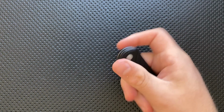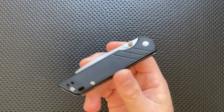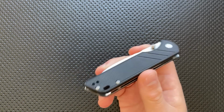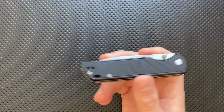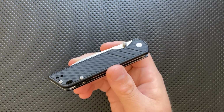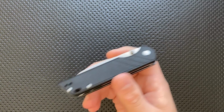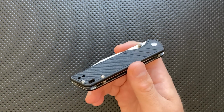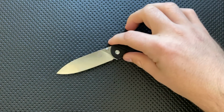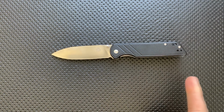It's $20. And at the end of the day, this is a knife that you can buy 5 of for the price of most midline pocket knives these days. And that makes it an option for things like gifting. This makes it an option for things like throwing in the truck. This makes it an option just for, hey, my buddy needs a knife, or my buddy always uses or borrows my knife, so I just want to get him something that'll be safe, that'll be reasonable. This is a fine way to go. And so, you know what? If you're looking for cheap, then I think you might want to be prepared to pick one of these guys